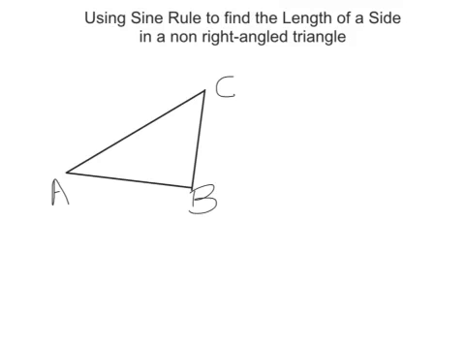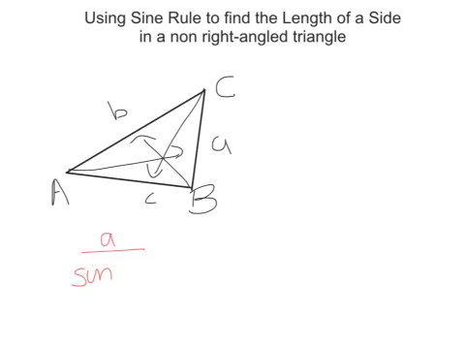if we label our triangle first of all, we've got angle A here, so side A is here. We've got angle B, so side B is here, and then we've got angle C, so side C is here. And what sine rule says is that side A divided by sine of angle A is equal to the same value as side B divided by sine of angle B, and that's also equal to side C divided by sine